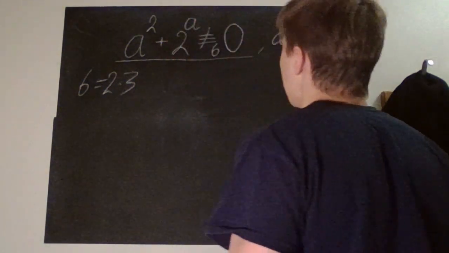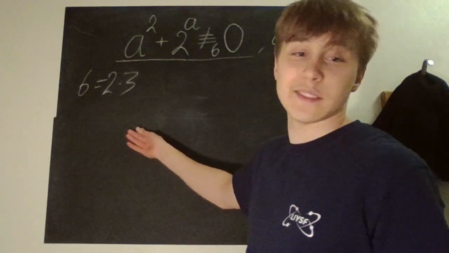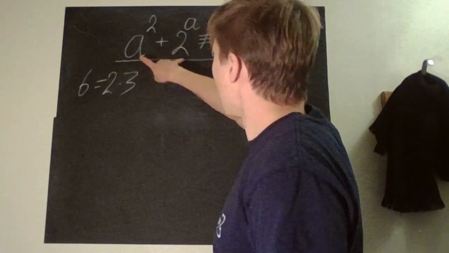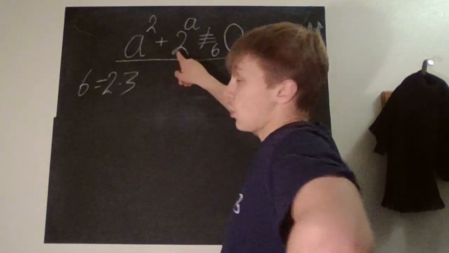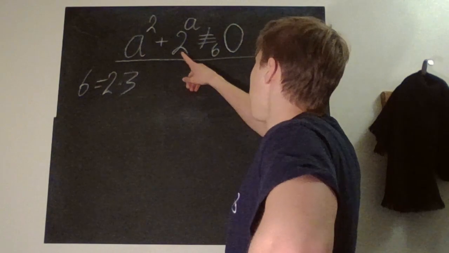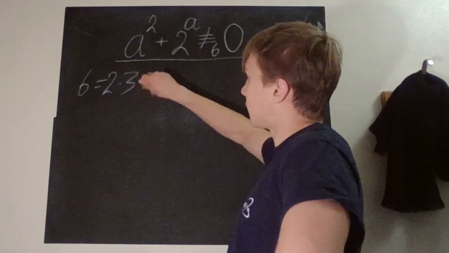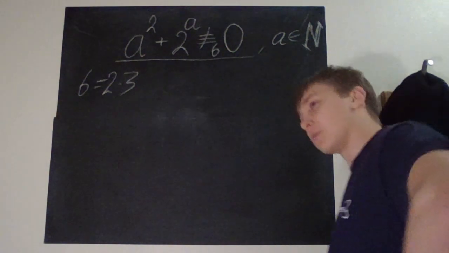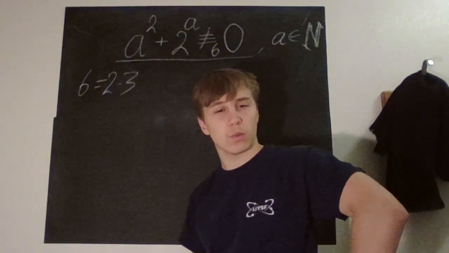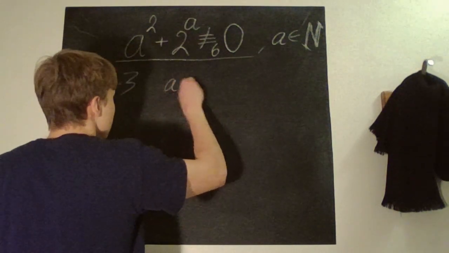So, if something is divisible by 2, then it's even. So what does that say about this left-hand side? Okay, 2 to the power of a is obviously always even. Now a squared: if a is even, an even number squared is always an even number. An odd number squared is always an odd number. So the first thing we can state is that a